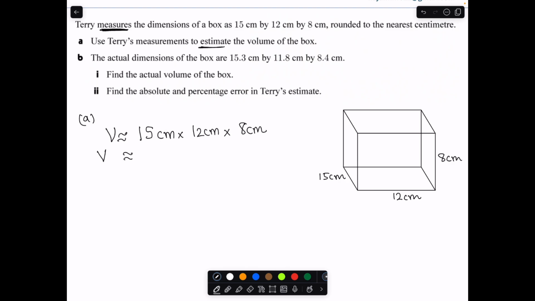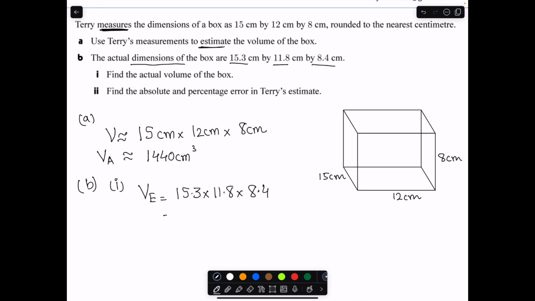This will be equal to, remember this is the approximated volume, so that's why I wrote A with it. So it will be 1440 centimeter cubed. So this is the approximated value. The B part says the actual dimensions of the box are 15.3 by 11.8 by 8.4. B part, find the actual volume of the box. So I will use the terminology VE. So the actual volume is 15.3 times 11.8 times 8.4. And the answer is